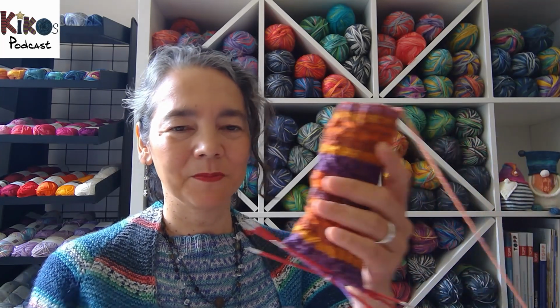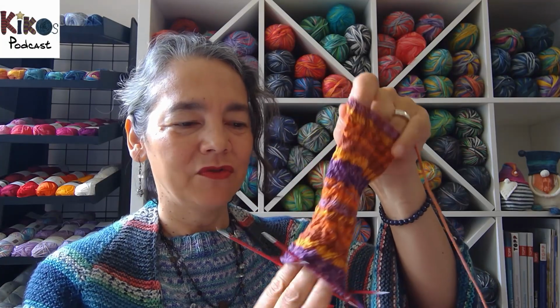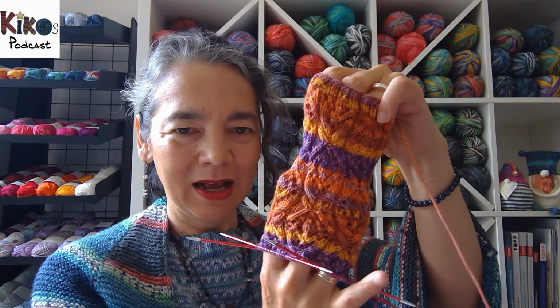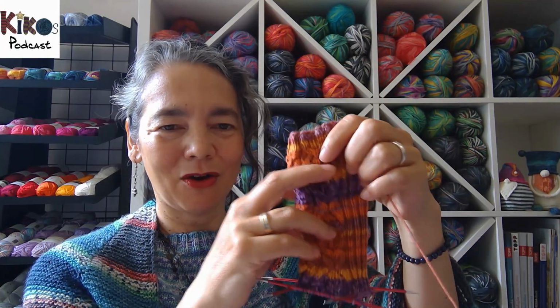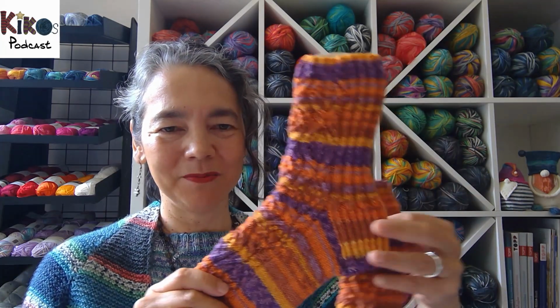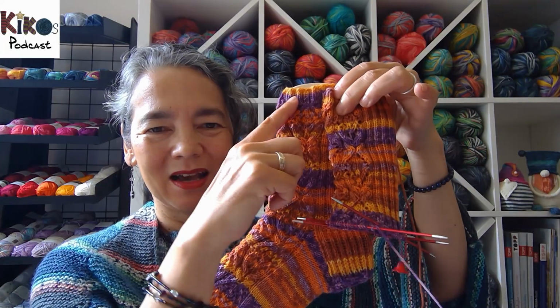Then on to works in progress, and I'll start as usual with my socks. I have continued on my lace pattern sock that I'm knitting as part of the pattern battle over in the Opal Abo group, in the Opal subscription group. And I finished the leg of the sock. And I brought the first one, the finished one, and now I can show you how the stripes are completely